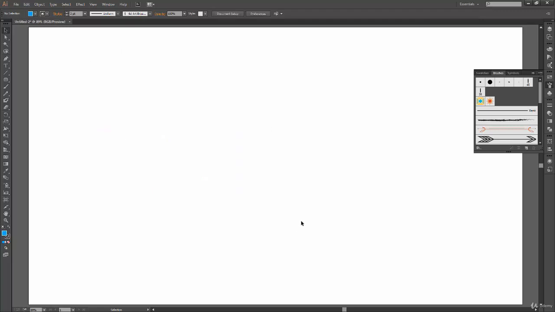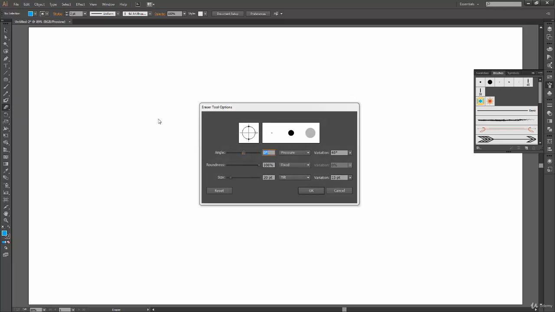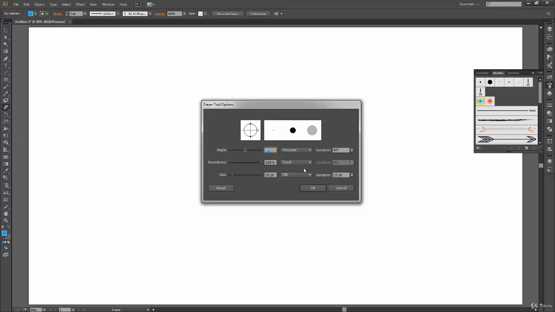Okay, now let's delete all the shapes, and we have a few options in the eraser tool. So if you double click, you get this option window for the eraser tool. Now we have these many options for this eraser, and I don't know about others, but for me these operations are not very useful, and I don't use them very much. It's just that something like this is available in Illustrator, but I haven't figured out the way where we can use it actually, or so far I haven't worked much with the eraser tool.